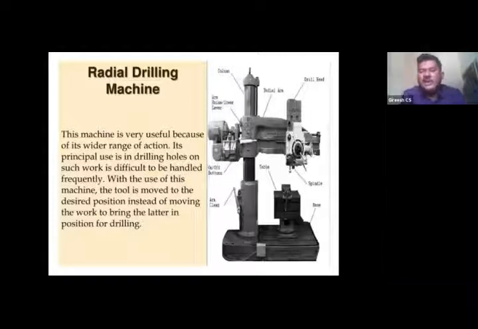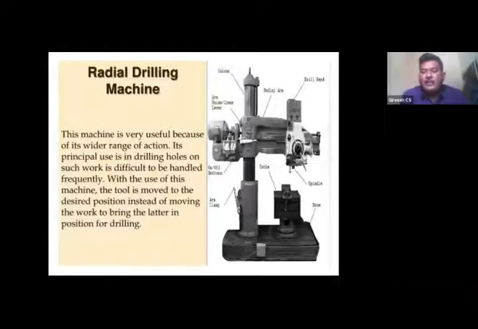So here a radial arm is there. Why is it called a radial arm? Because the arm can also rotate. Suppose you want to fix a heavy job onto the table, so you can rotate the arm to another position. Radial arm can be rotated. Here you see, you will be having a column. On the column, the radial arm will be mounted. The entire radial arm can be moved up and down.